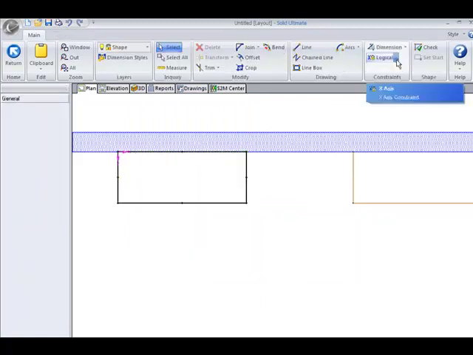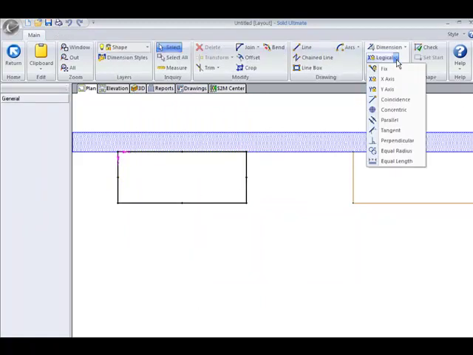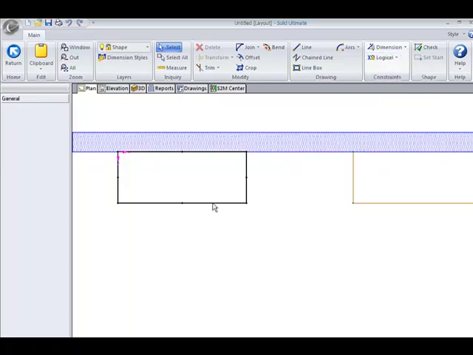Continuing on, the next one I'm going to illustrate is the x-axis. For this, I'm going to need to remove the constraints from this line just to illustrate this. I click on that and hit the delete button, and the constraint goes away. Now if I assign the x-axis constraint to this line, it can never be out of parallel with the x-axis. For example, let me save this,